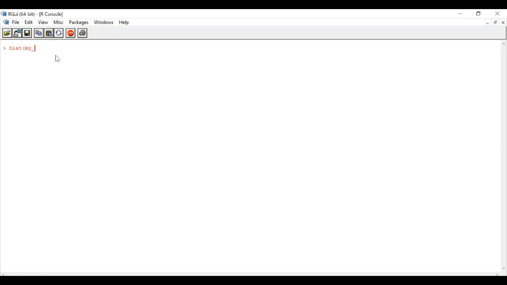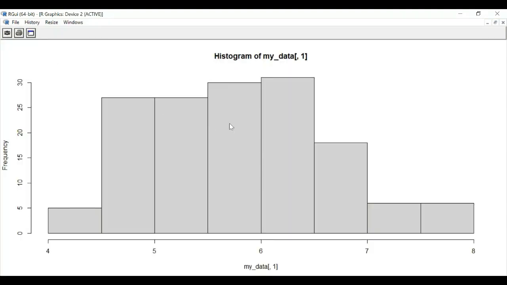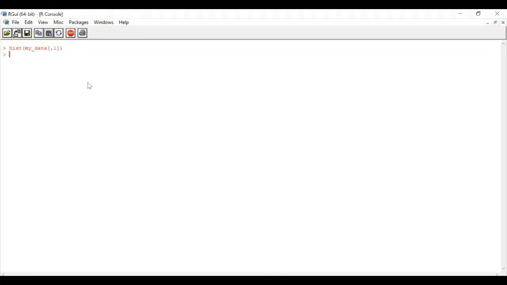Now let's see another very interesting graph, that is histogram. The most basic, the most fundamental, and I guess it is the most useful graph for any numerical value, because here we can clearly see what kind of majority lies in which range. So we have done the histogram for sepal length, column 1. My data, comma 1 represents column 1, that is sepal length. But since the graph which we have seen previously is very fundamental,